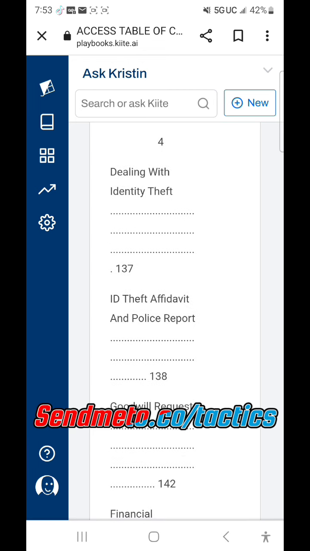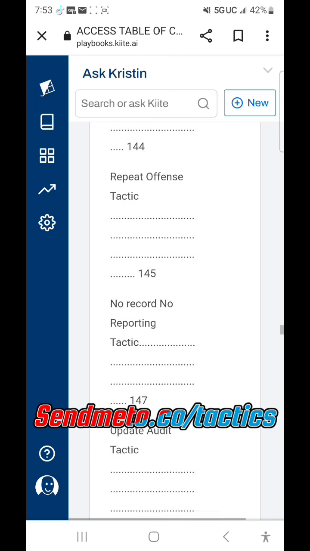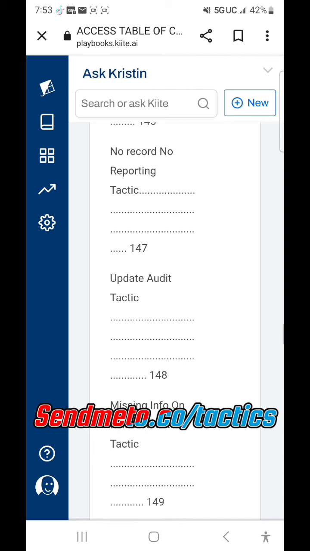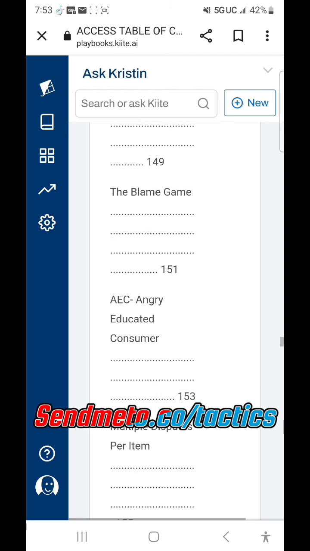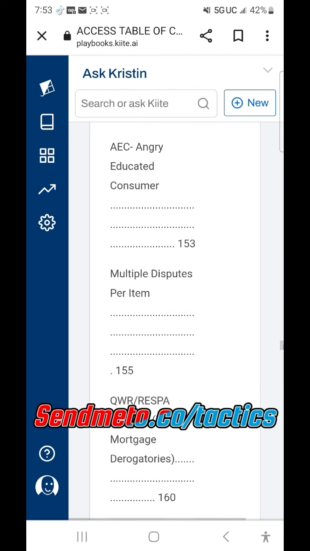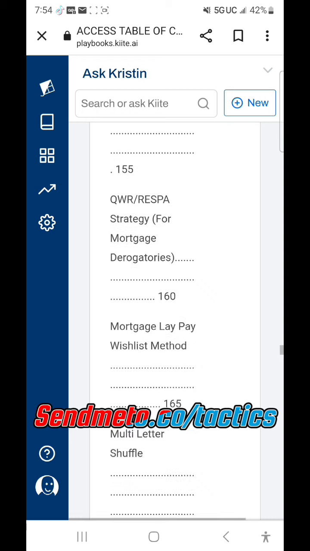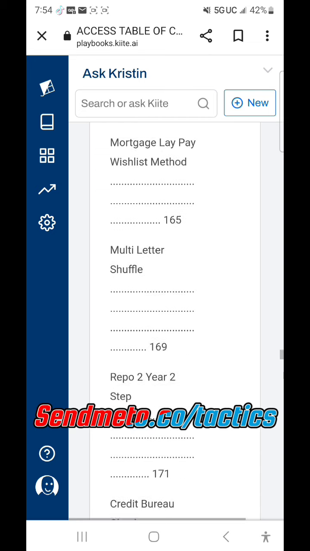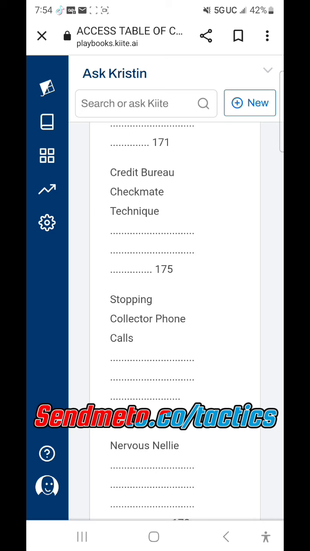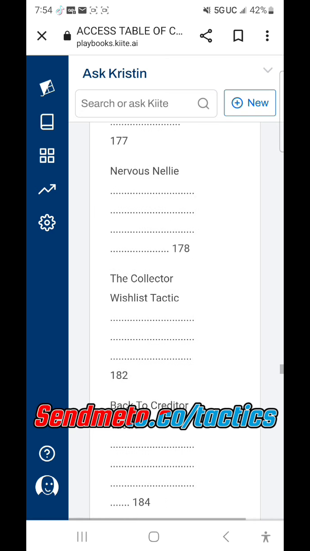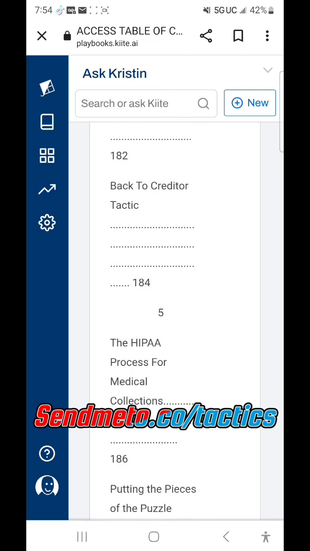identity theft, ID theft affidavit and police report, goodwill request, financial hardship letter, the date updated tactic, repeat offense tactic, no record, no reporting tactic, update audit tactic, missing info and reinserted item tactic, the blame game, AEC, angry educated consumer, multiple disputes per item, the QWR RESPA strategy for mortgage derogatories, mortgage late pay wish list method, multi-letter shuffle, repo 2-year step, credit bureau checkmate technique, stopping collector phone calls, nervous Nelly, that's a good one, the collector wish list tactic, that's also a good one, back to creditor tactic, that's a very good one,